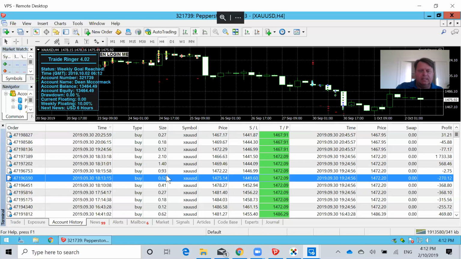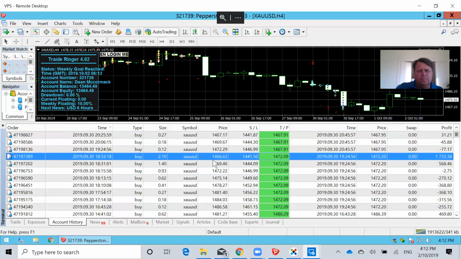And then it makes some other trades, and then eventually comes back up. So it kept making trades all the way down here, eventually turned around, and then we got closed out. It took out this large one. It opened the trade at 1466 to buy, and it sold out for 1472, and we made a $6 profit. But because this lot size is bigger than this one, we make a truckload more money than what this one